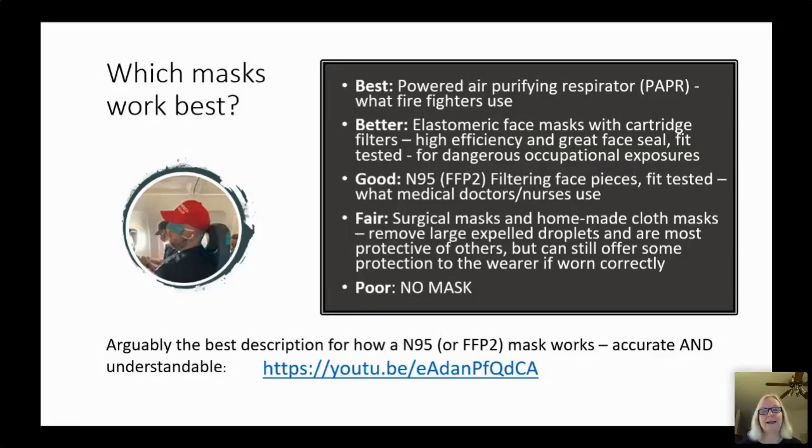They do offer protection, mostly for the protection of others, but can still offer some protection to the wearer if worn correctly. And you can see in the little diagram on the left, this is the incorrect way to wear a mask, over the eyes. So the poor or the worst choice is to not wear a mask at all or to wear your mask